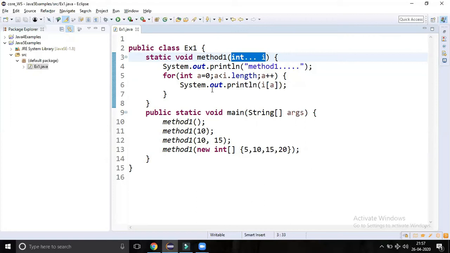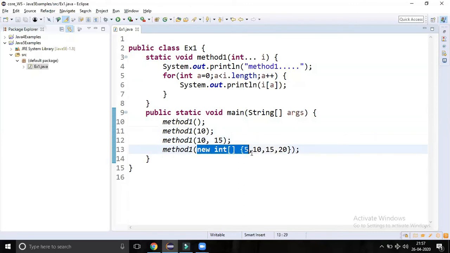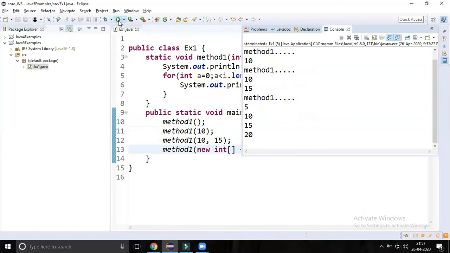So for invoking this m1 method, we can pass 0 arguments, 0 or more arguments, and we can also pass an integer array reference or integer array object. It is possible. We already saw the output.